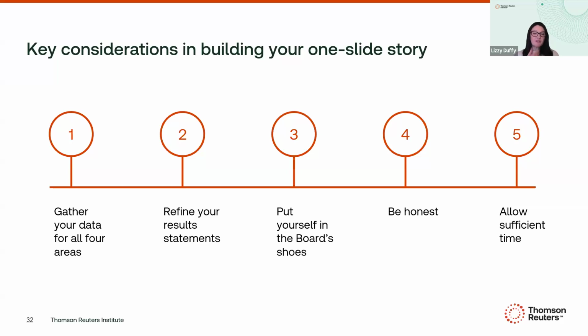Be honest. So we've referenced this a little throughout. It's not always about just giving the best stats or the best picture of something and only showing the 40% of results where we got a 10 out of 10. It is about being honest and objective and comprehensive and showing the full picture. So there are ways to reframe things in a more positive tone, but still being honest and representative.